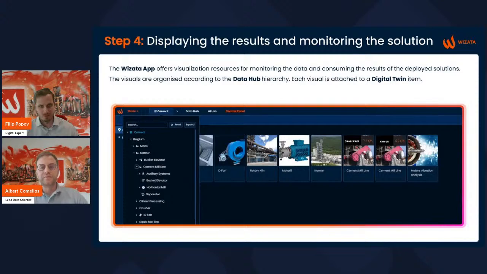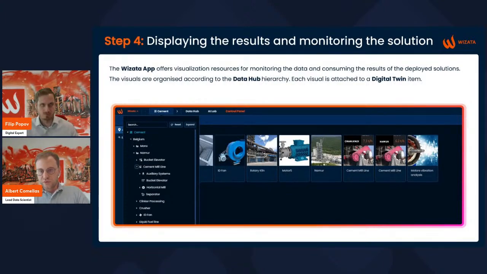So we built at the beginning the layout of your production process in the data hub, and we said that all you produce, you assign it to the item in the layout they belong. So in this case, the most common ways to consume the results of this model is via visualizations, say dashboards, and also alerts and notifications when needed.